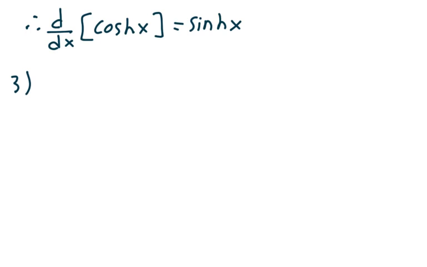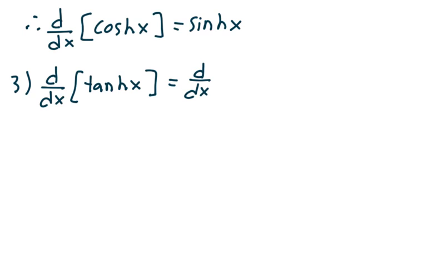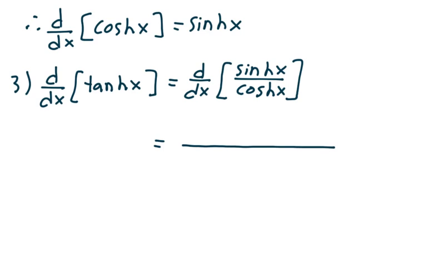Let's take a look at number 3. Suppose we want the derivative of hyperbolic tangent x. But remember that this is the same as the derivative of hyperbolic sine of x divided by the hyperbolic cosine of x. And so what I'm going to do here is apply the quotient rule. So I'm going to write the bottom, which is hyperbolic cosine x, and then I'm going to take the derivative of the top. Well, the derivative of that hyperbolic sine of x is hyperbolic cosine